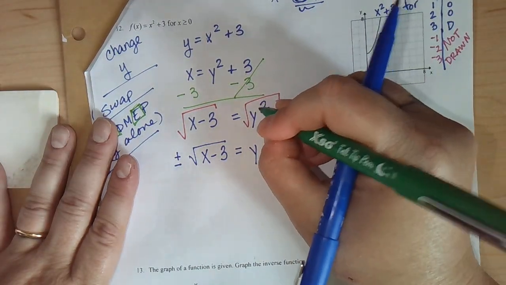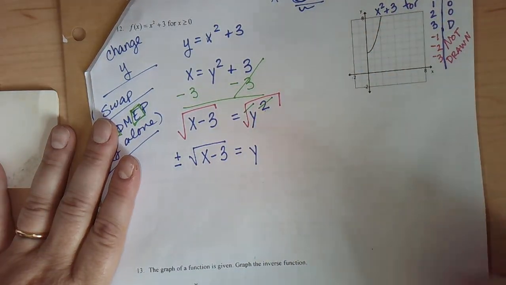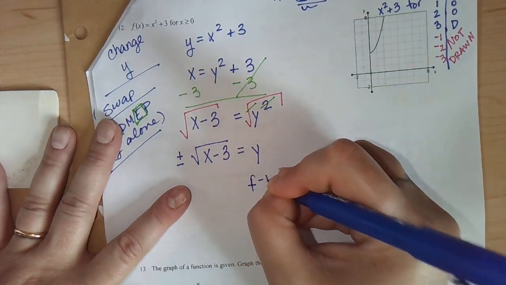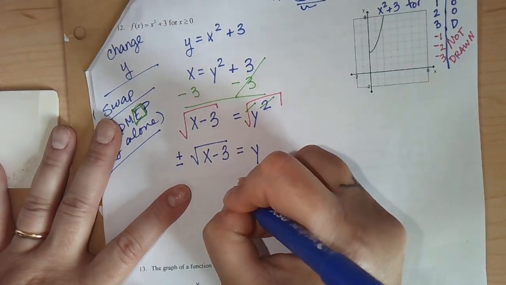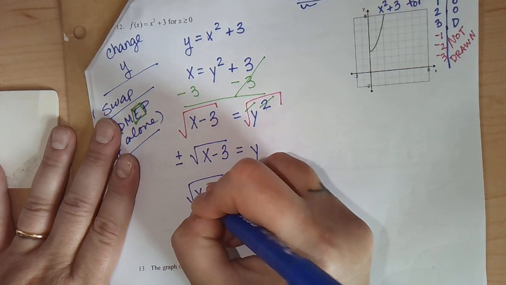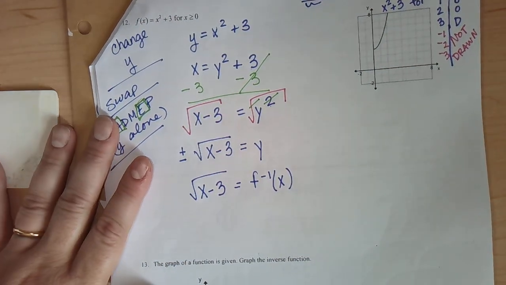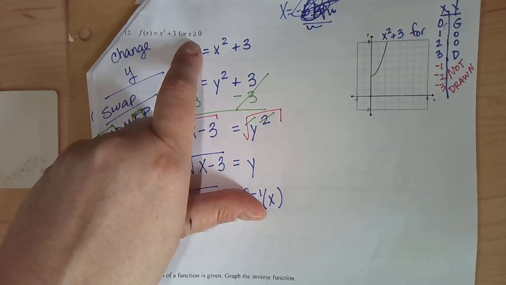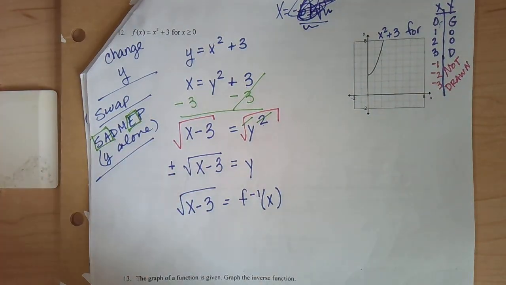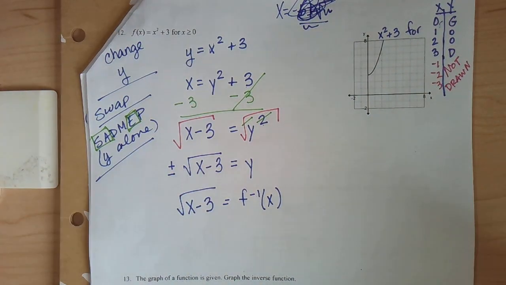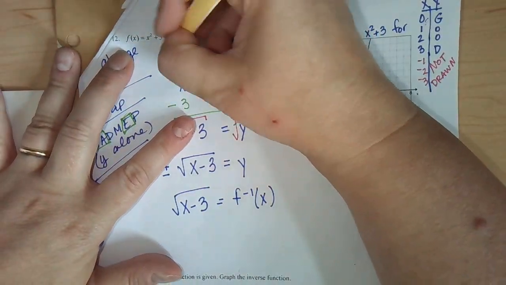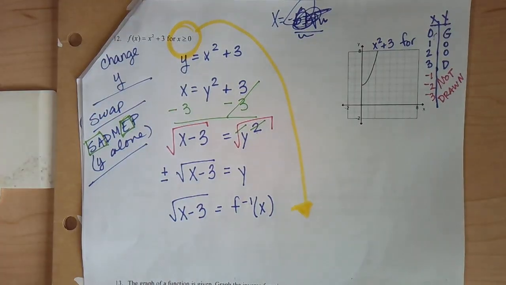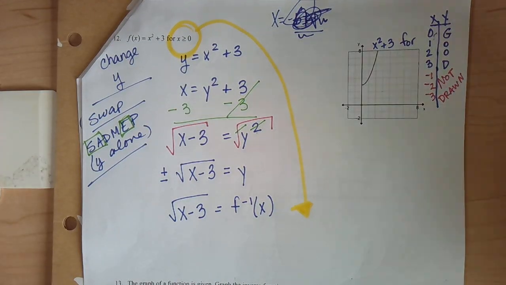So on the right-hand side, the squared and the house are canceled. Okay, we're going to finish it by putting that funky fresh f to the -1 thing. And then at the very end, we're going to take this requirement they gave us at the very beginning. See how it says x is bigger than or equal to 0? Well, when you inverse that,